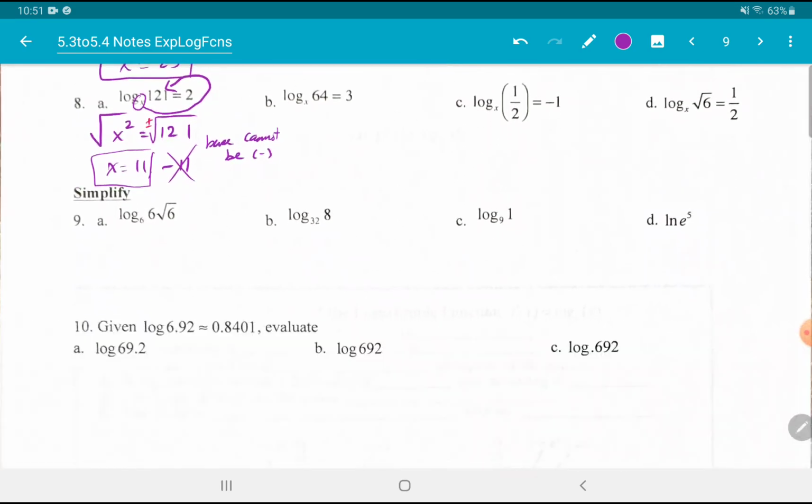Okay. Number 9a, let's take a look at that one. So again, I'm going to make it equal to x, so that way I can do the loop trick. 6 to the x is equal to 6 square root of 6. Like that. What does this really mean? Well, this is 6 to the x is equal to, this is like 6 to the first power times 6 to the half power. And then if I'm multiplying numbers with the same base, I know that I can add